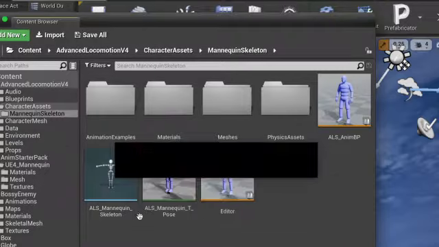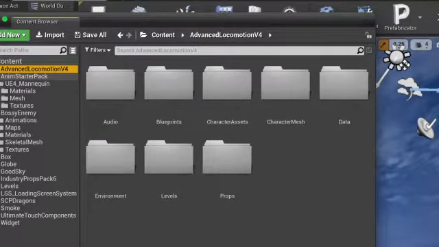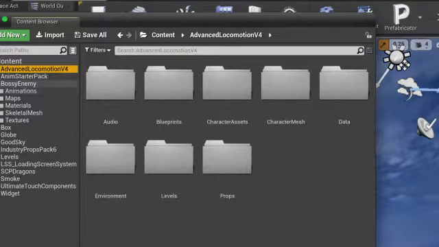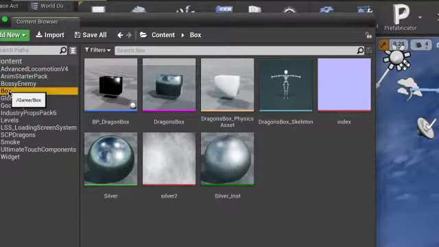But I'll retarget this right here by just doing that, real quick and easy. It's the simplest way. Animation starter pack, we got it. Box see enemy, we got it. Box. This is just my